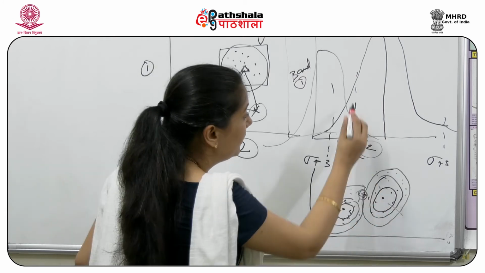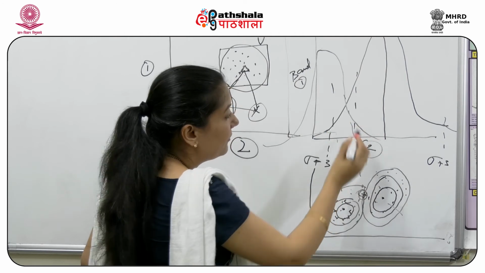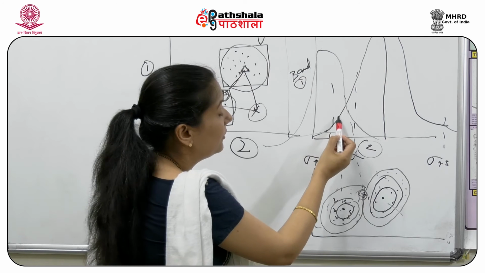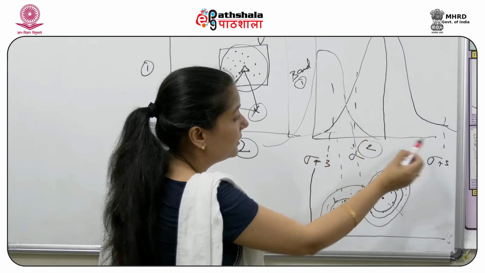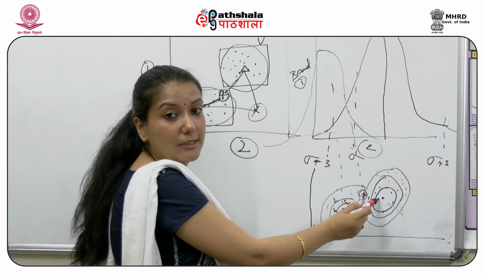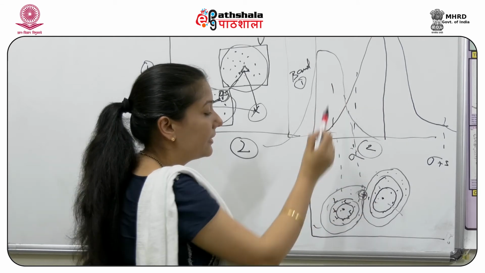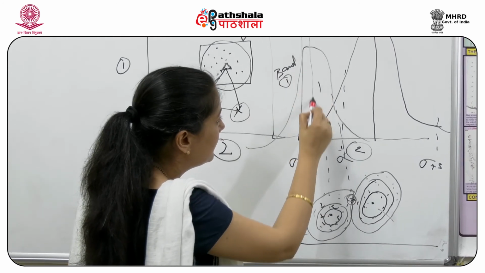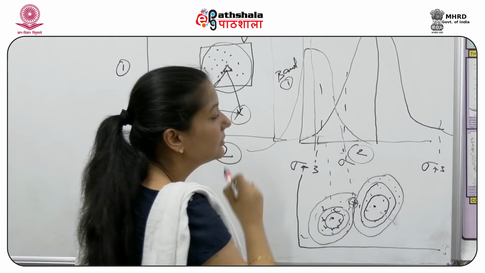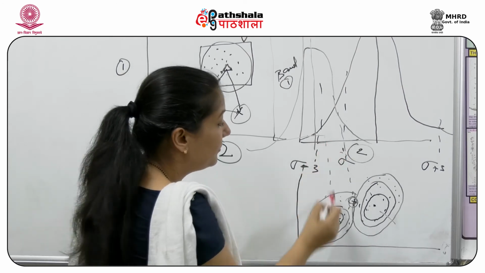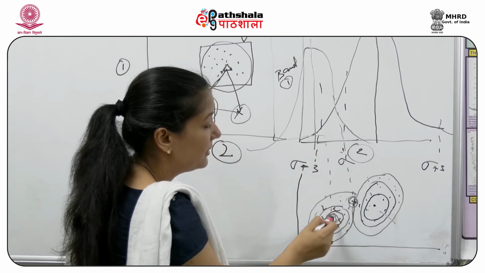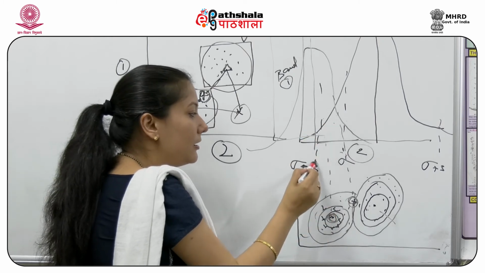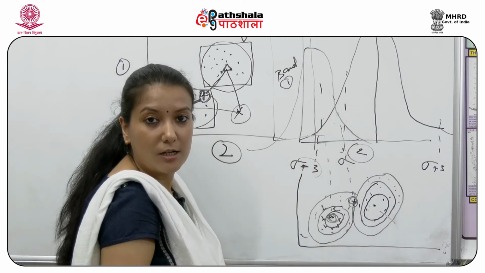So what we do, we go above and we look at where the likelihood of its occurrence is. If its likelihood of occurrence is within the zone of the first curve, we classify it in the first. If the likelihood of occurrence in the second zone is more, then we classify it in here. As we see, this is the mean value and there is more coverage here. So that implies the likelihood of this pixel occurring with this is more as compared to this, because it's in the last zone for this graph.